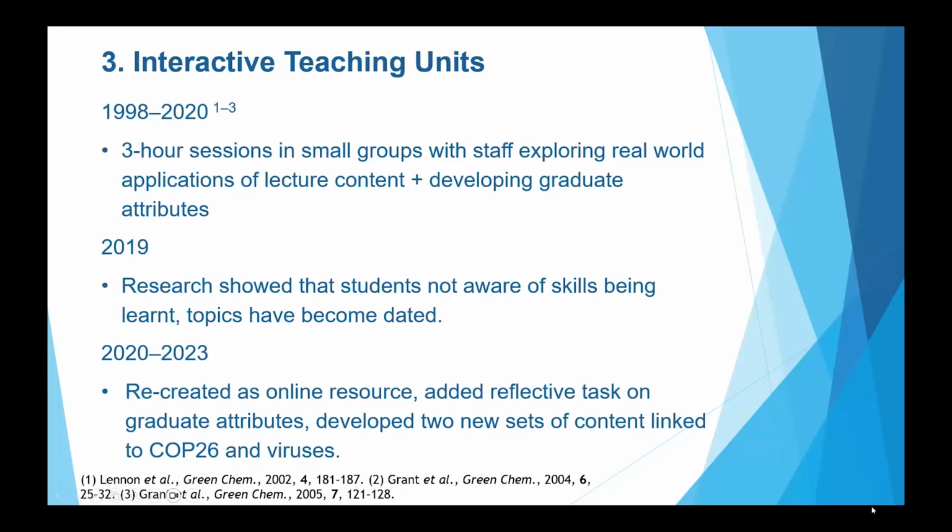I can't remember why exactly and what happened in 2020, 2021. Yes, we added, or Francis added, a reflective task on graduate attributes where students before the session had to use OneNote, our platform, which we presented about last year, but actually actively think about which graduate attribute is most important for me, and get them to engage with that. And later we then presented to the students, well, actually this is what employers thought. We also developed 2 new sets of content